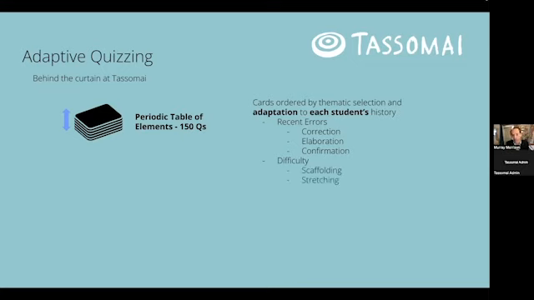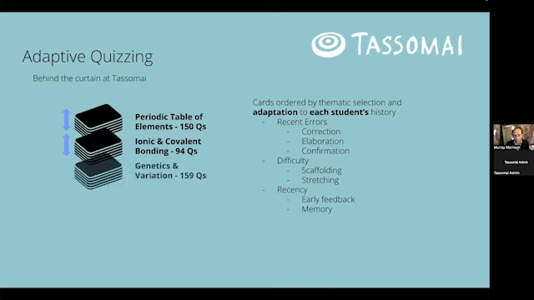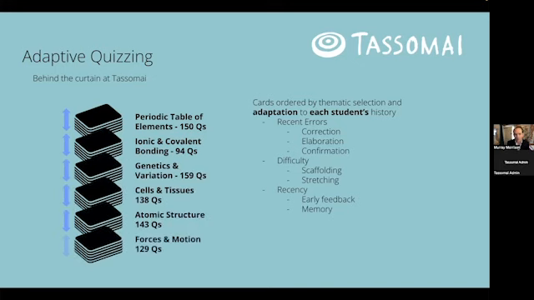As I mentioned, scaffolding, or to stretch them as they start to master material. And then we're thinking about recency. We're thinking about spacing and interleaving so that we can give quick feedback to corrections and quick opportunity to correct, and then extending the spacing as they start to develop longer term memory of that fact. So you can see there's a lot going on under the hood, but not only are we shuffling the cards in one topic, we're